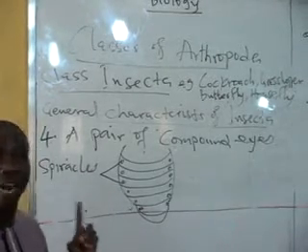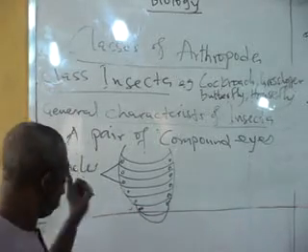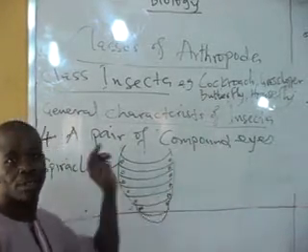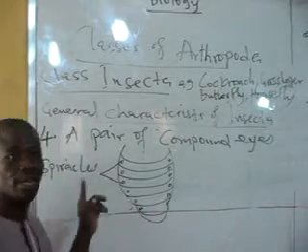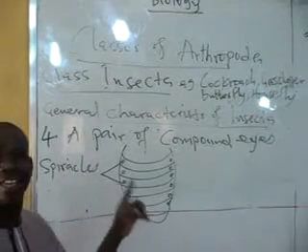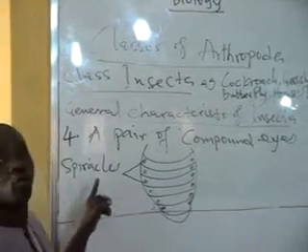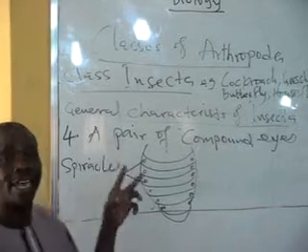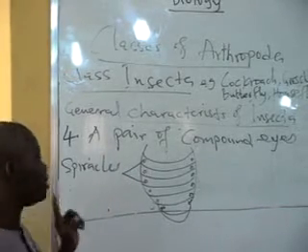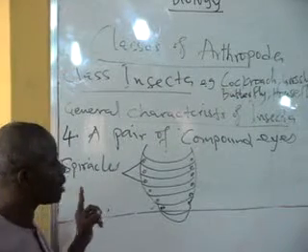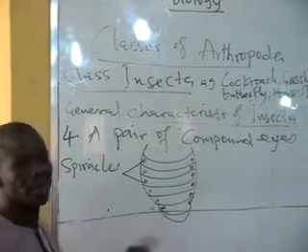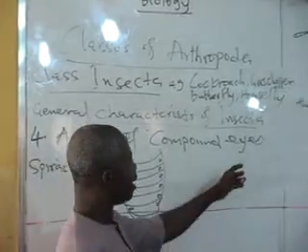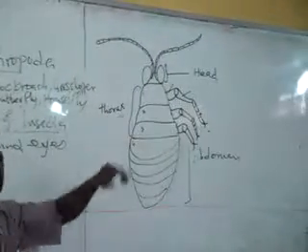And for the class Insecta, we have mentioned one, the presence of a pair of compound eyes. Another one that we mentioned is the 3 pairs of walking legs. And thirdly, we mentioned that the body is divided into 3 regions: the head, the thorax, and the abdomen. Let me add that the walking legs that are present, each pair of walking legs